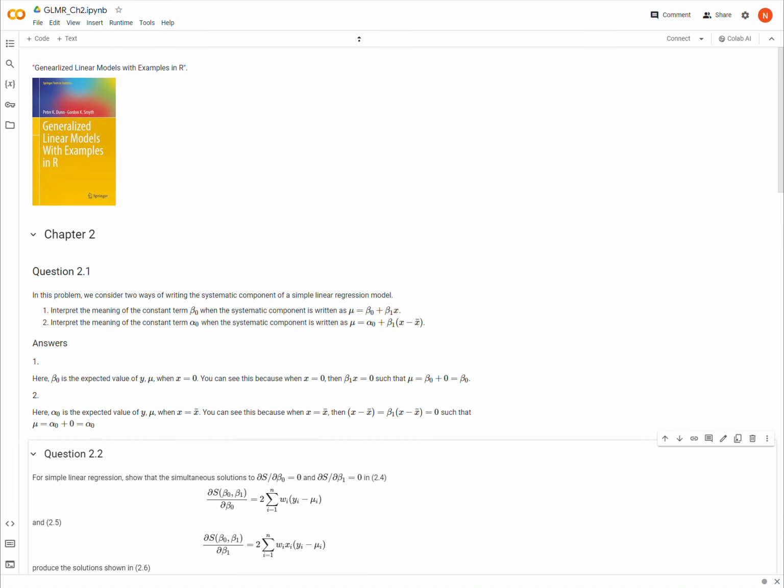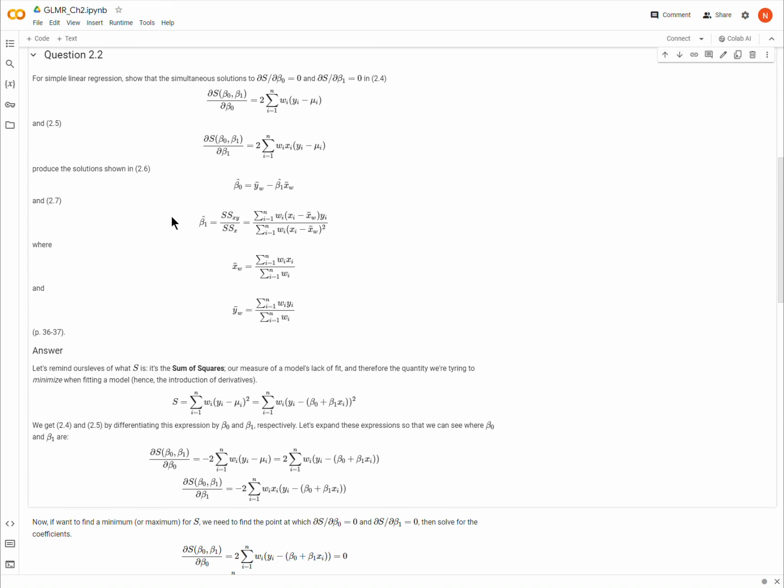Okay, so we are in Generalized Linear Models with Examples in R. We're in Chapter 2 and question 2.2. What we're asked to do here is, in the setting of simple linear regression, derive expressions for beta naught and beta 1